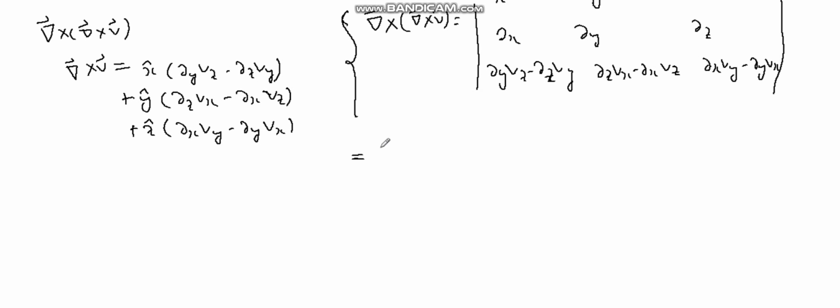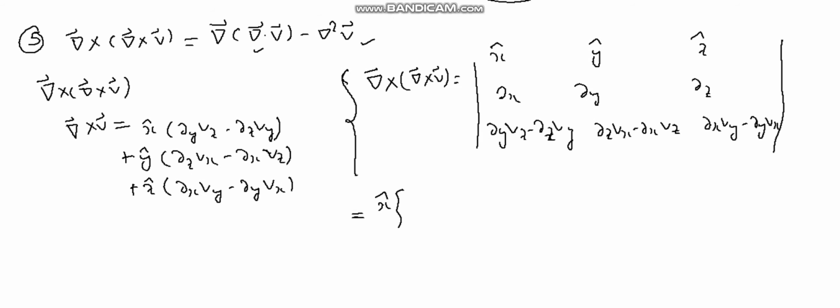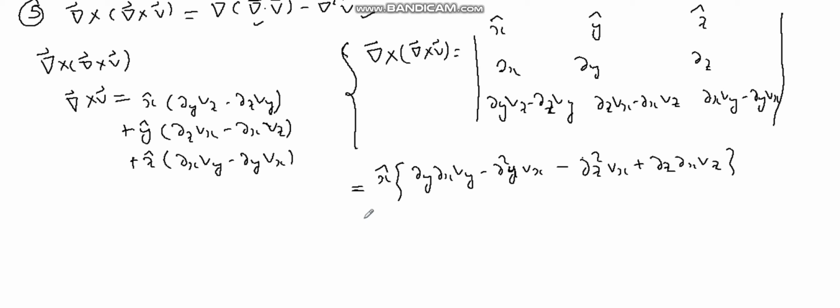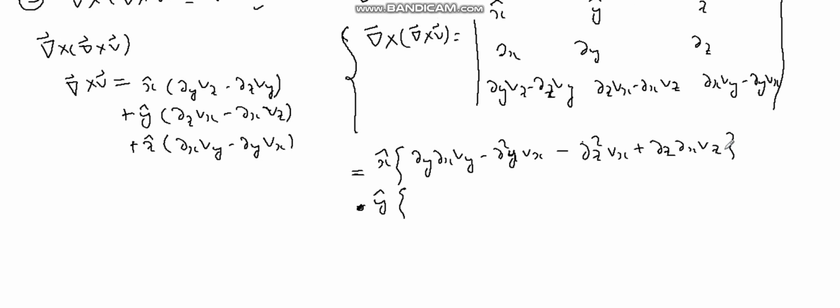Okay, for the x cap we're going to have del y del x vy minus del 2y vx, minus del 2z vx plus del z del x vz, minus y cap. So I will just manage this with my y cap. Okay, so del z del y vz minus